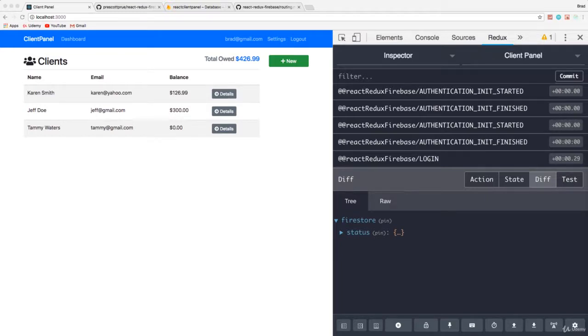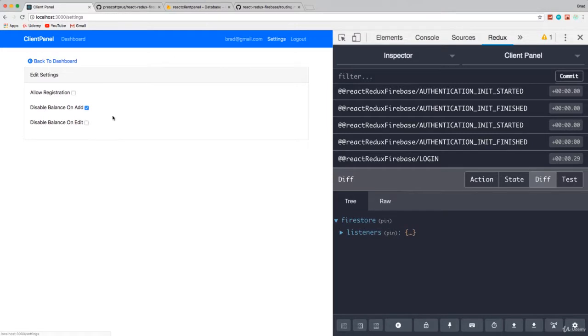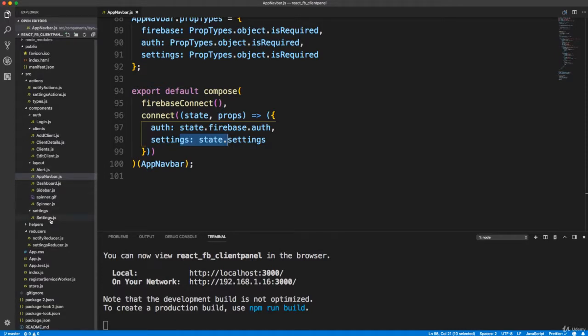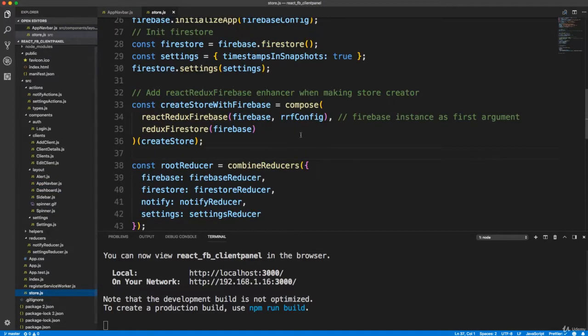All right, guys, so what we want to do now is implement local storage for our settings, okay? Because right now, if we change a setting and we reload, it just goes back to the default. So we're going to go to our store.js file, which is like the top of our Redux store or state or just whole implementation. So from here,